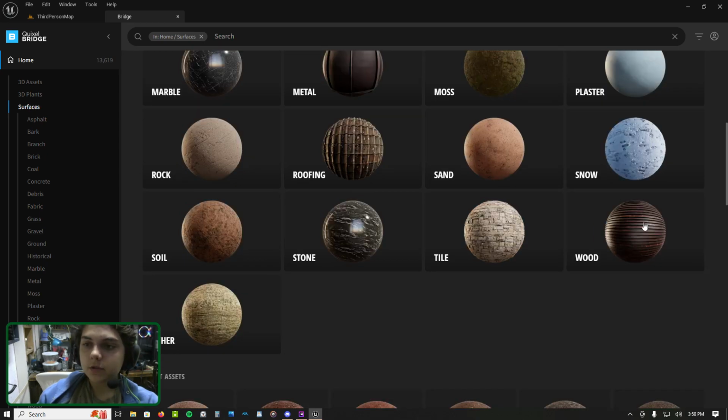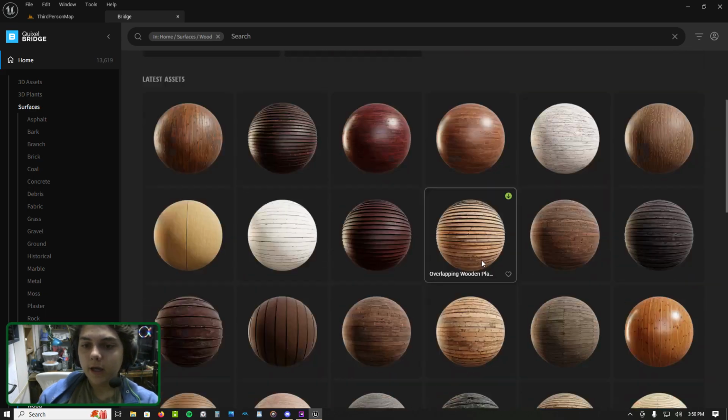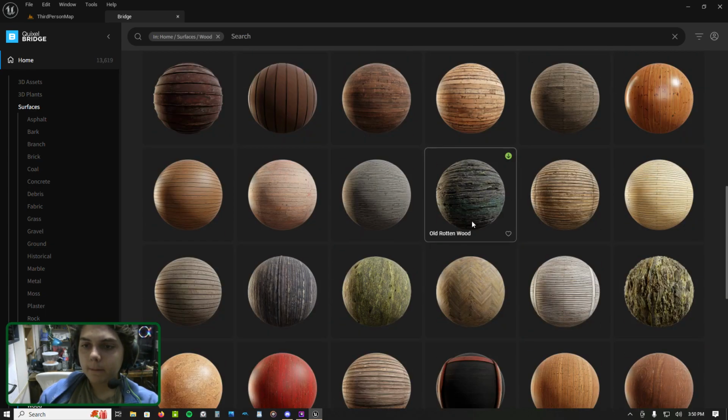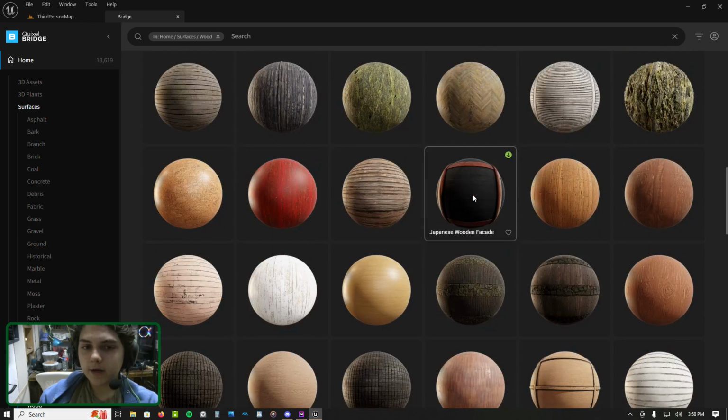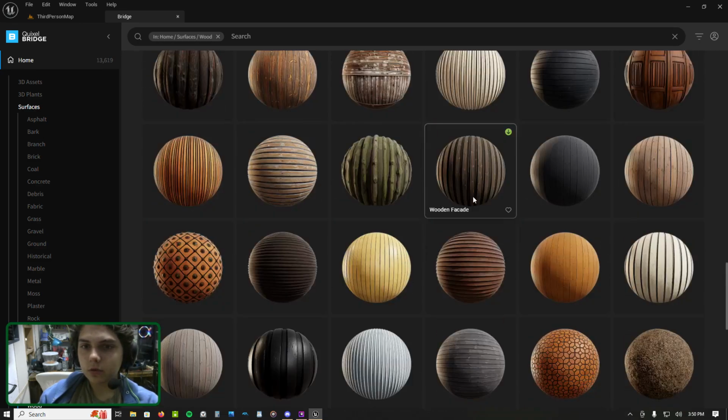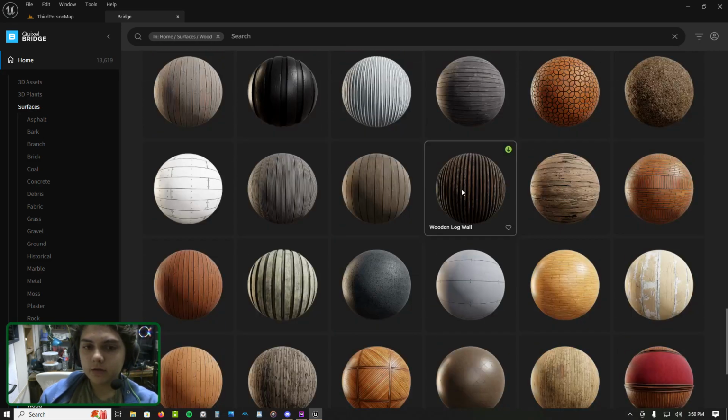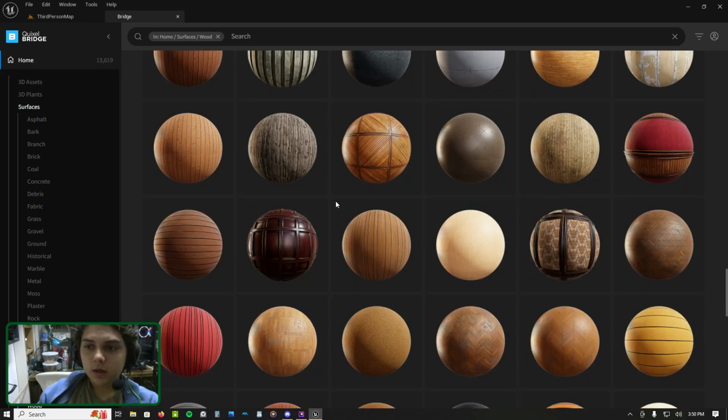Okay, so this is the wood, and I'm going to go with something that looks kind of worn down, but not necessarily super, super old. And also could be used for just planks. So I'm thinking,